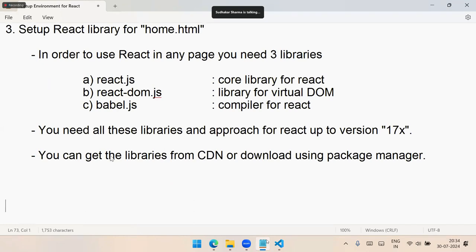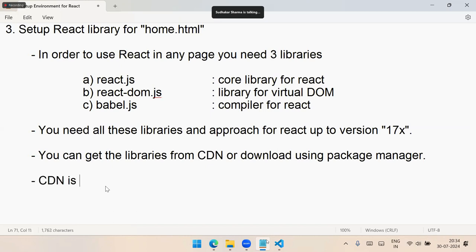CDN. CDN means what? You have to go to their official website, copy the links, paste them in your page and use them. And the advantage of downloading is they are available offline directly. You can copy and use them in your project. I will show you both approaches. We'll see both. But remember, CDN is available